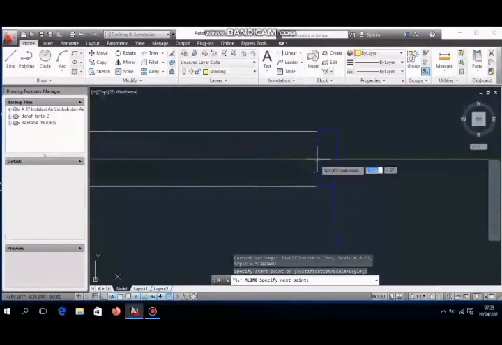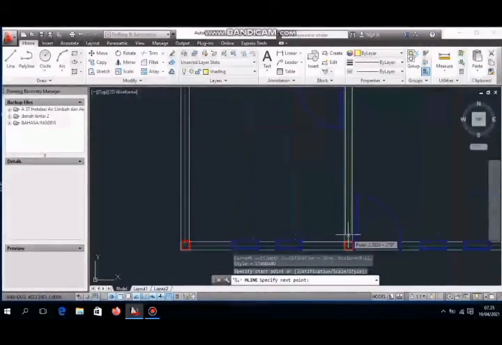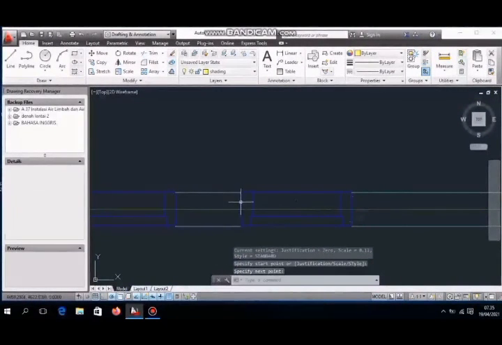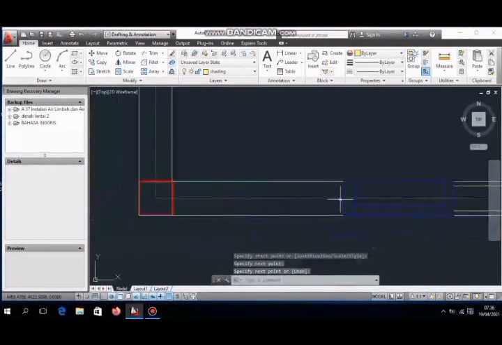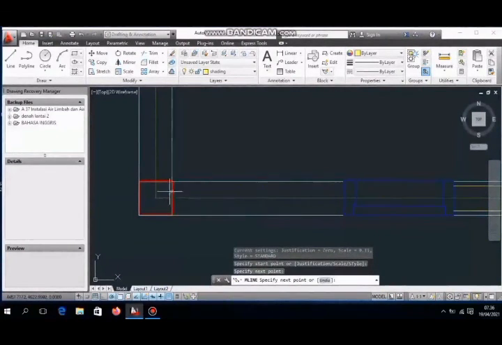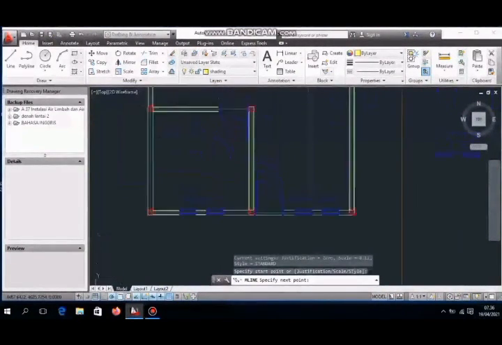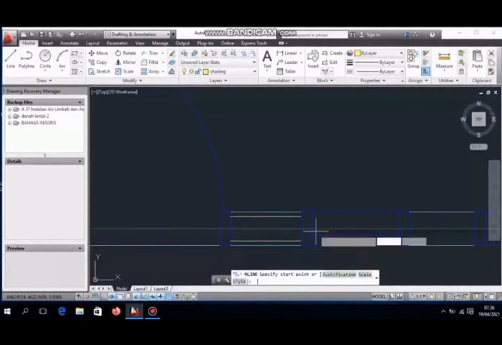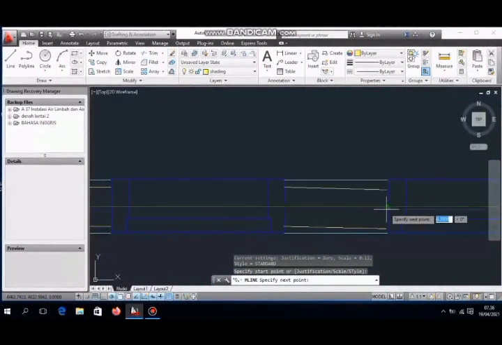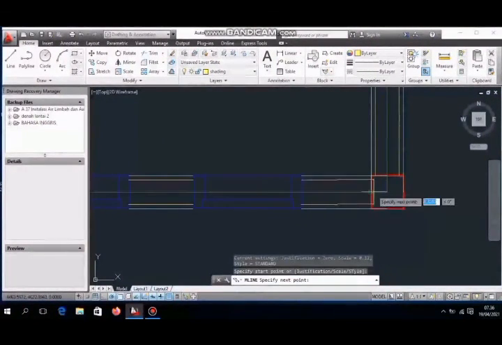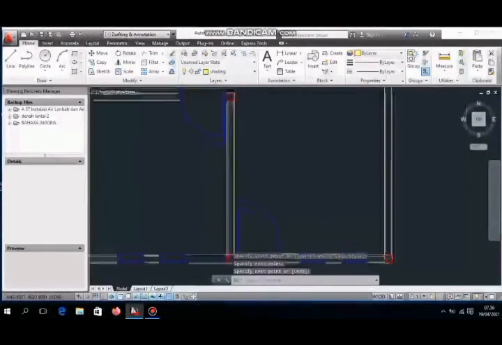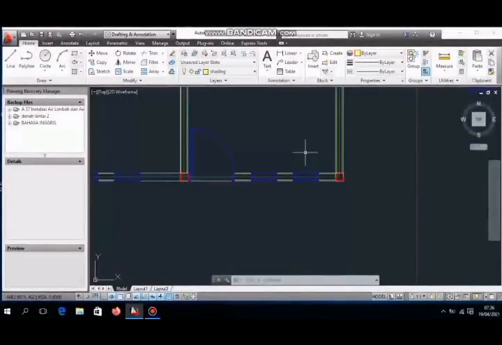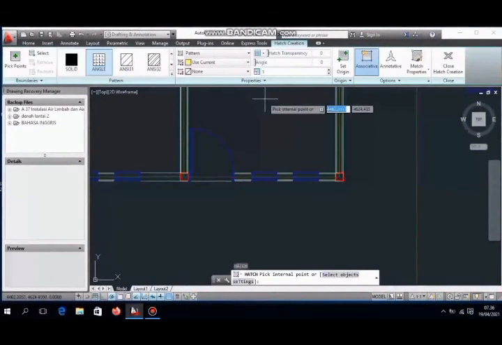Click here, click space, space, click space, space, click space. And to add sanding wall, we can use the hatch tool.